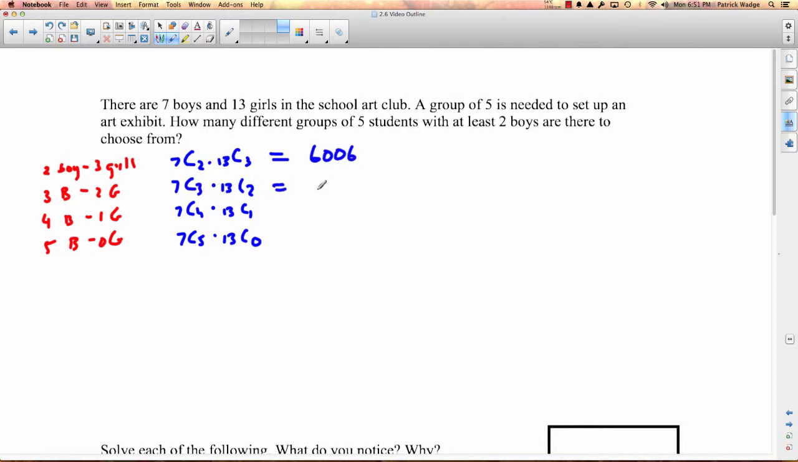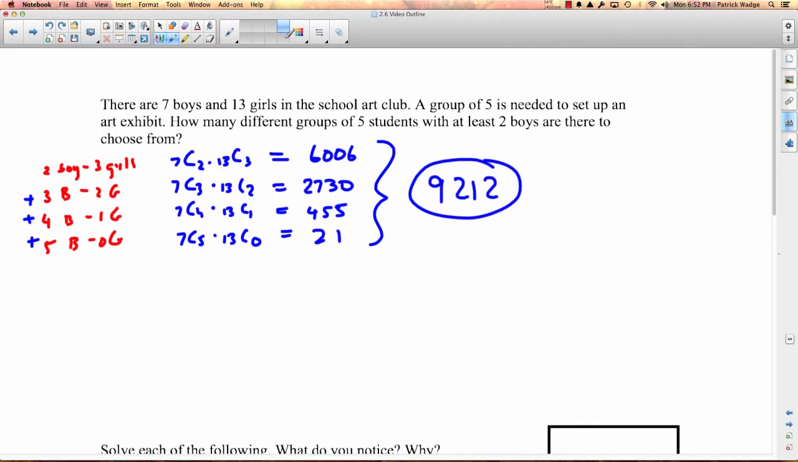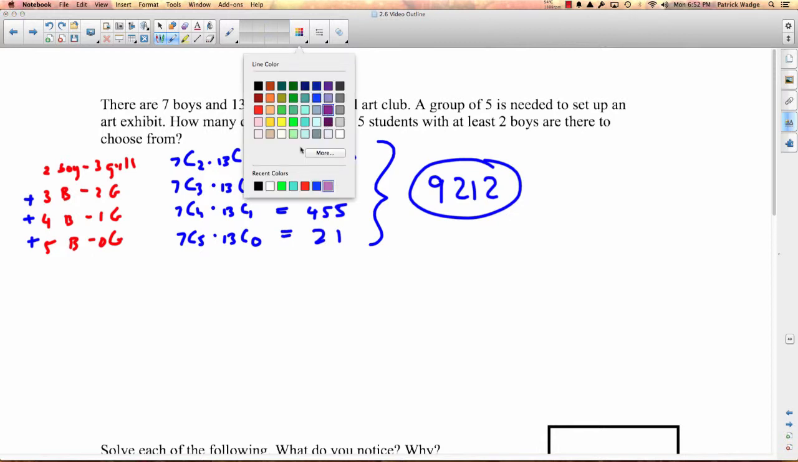7 choose 3 times 13 choose 2 is 2,730. And 7 choose 4 times 13 choose 1 is 455. 7 choose 5 times 13 choose 0 is 21. And then because this is an "or" situation, you're going to add all those. So you'll be adding all these together. And the amount you get when you add, I want to save this space here, is 9,212. Okay, you can do it that way. Or